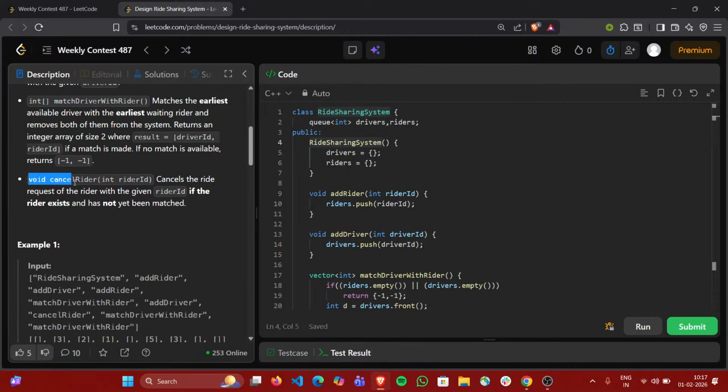And then this is void cancelRider. So this will cancel the ride request of the rider with the given rider ID. What does this mean? So this simply means that